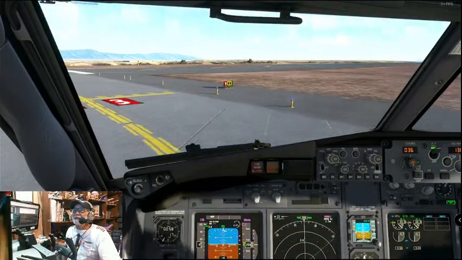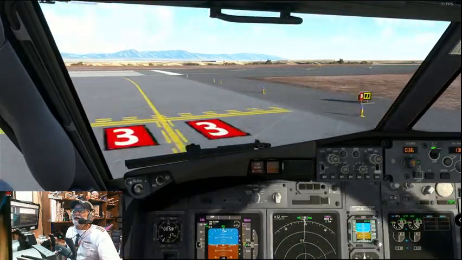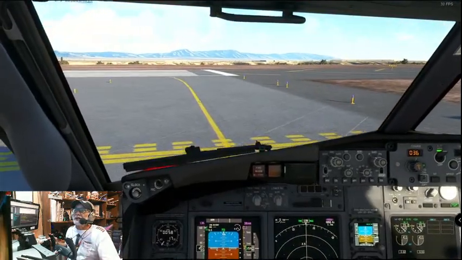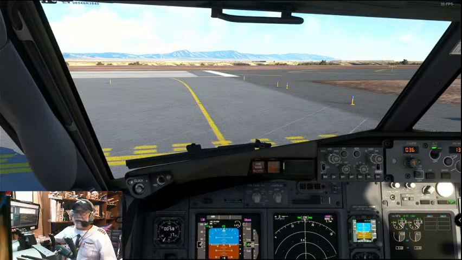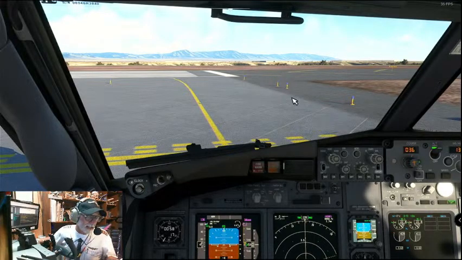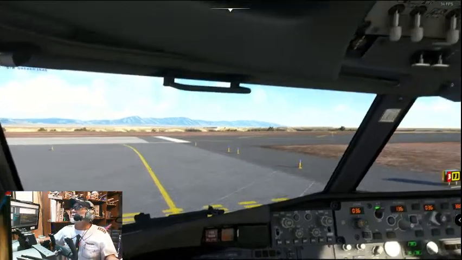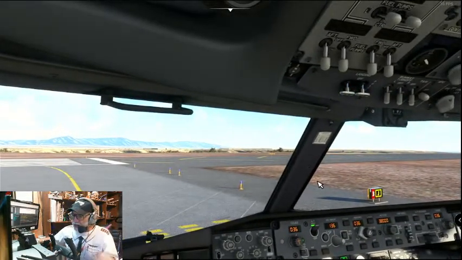All right, we're going to come up to the ready stop bar there. All right, let's go ahead and set the parking brake back one more time. We're going to go through the final takeoff checklist. All right, landing lights, we're going to turn on and extend them. So they are just turned on right here. I also have